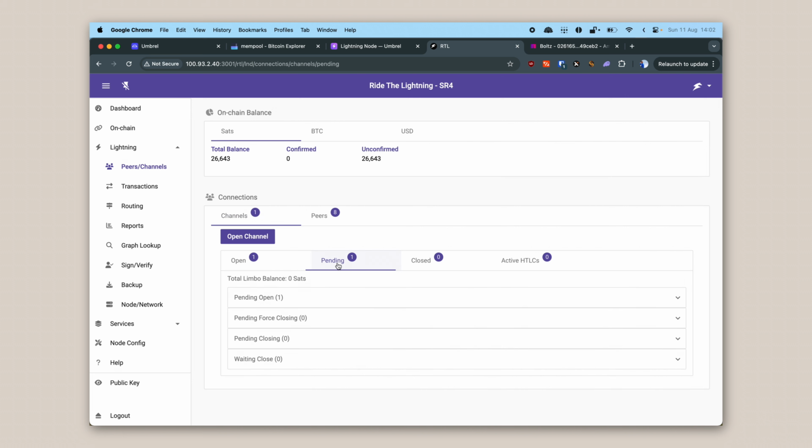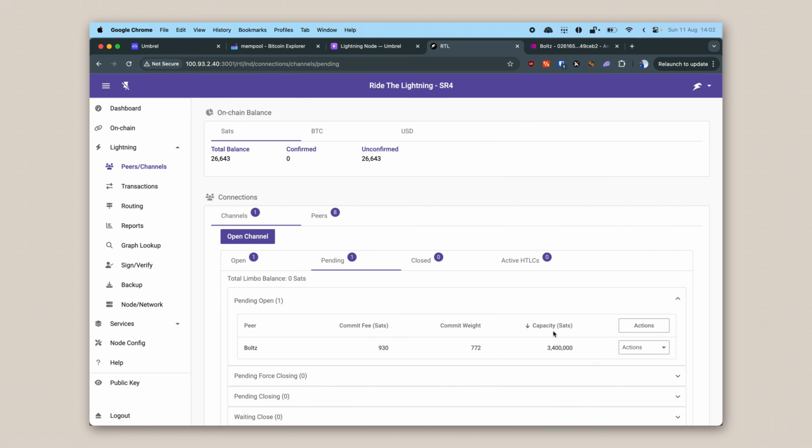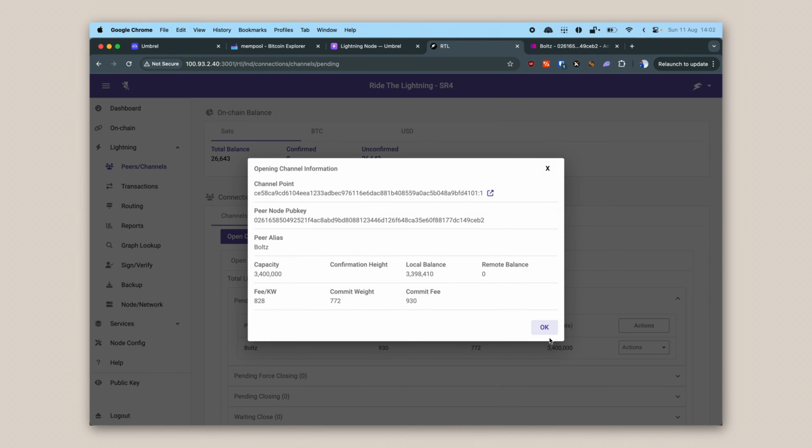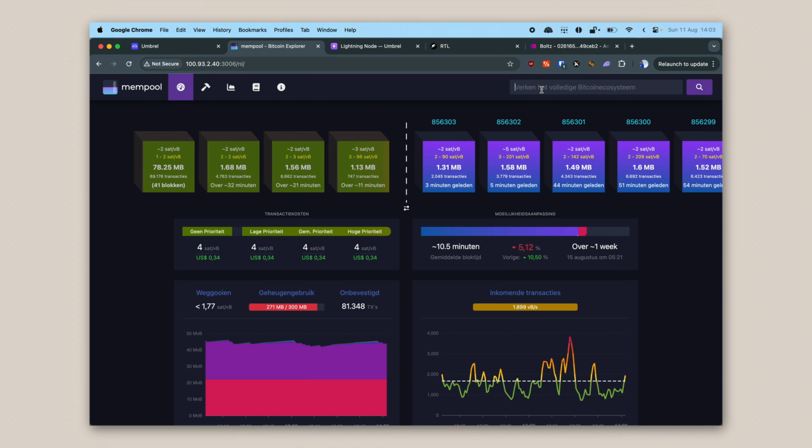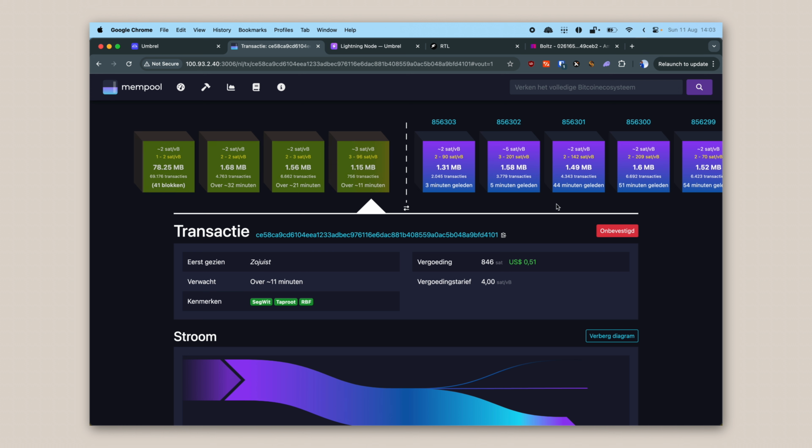After opening, we see one pending channel. We copy the channel point and go to mempool.space. There, we paste the channel point and see our transaction appear. Just like before, we now have to wait until the transaction is included in the block and mined by the